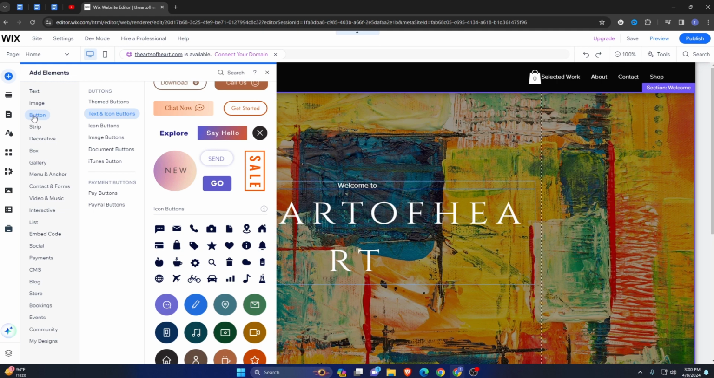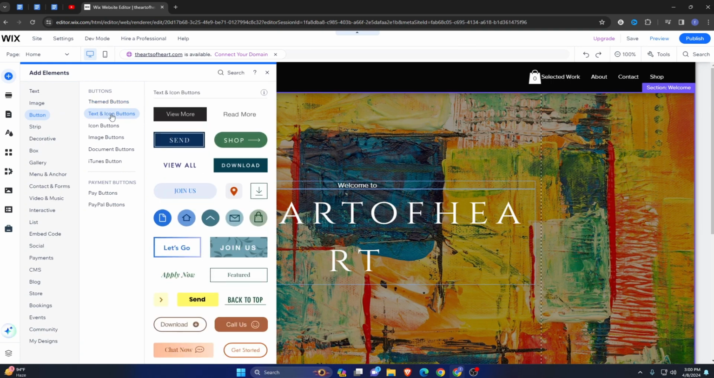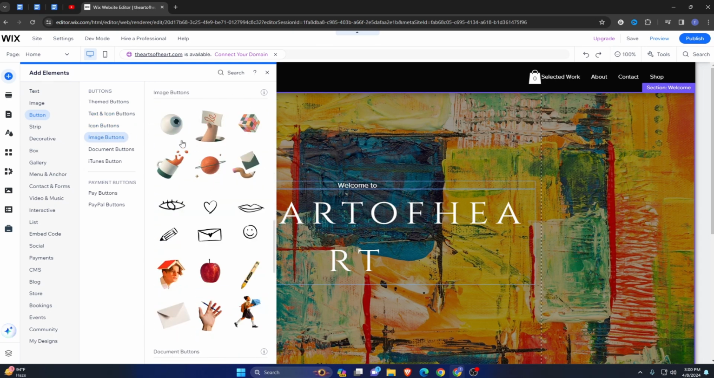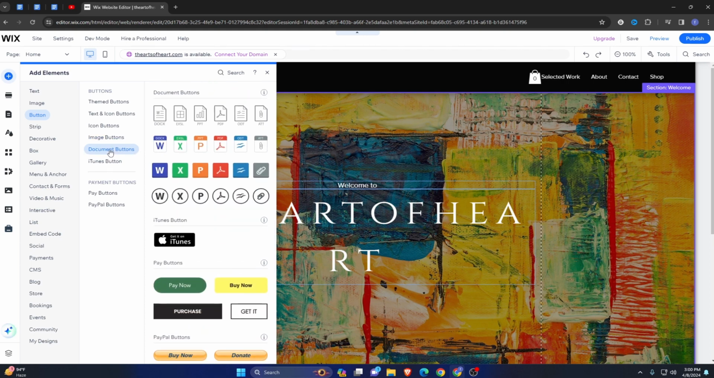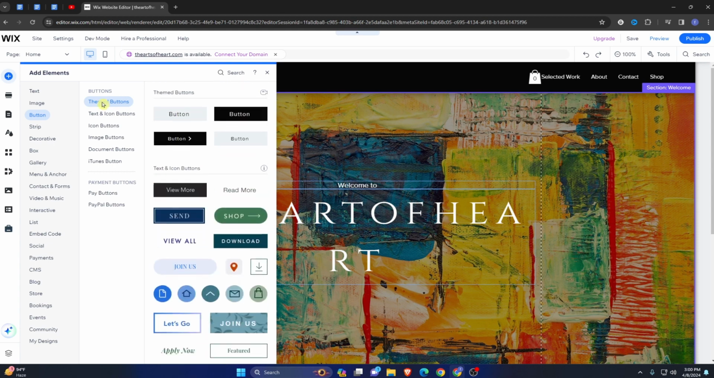For that, just hover on button, and then on the right side here you can see button style. You can choose theme button, text and icon button, and only icon button. This is for only icon button. And you can choose image button only, document button, and you can choose any of them. So let's select theme button, and here you can see different styles. So now I am gonna choose this,